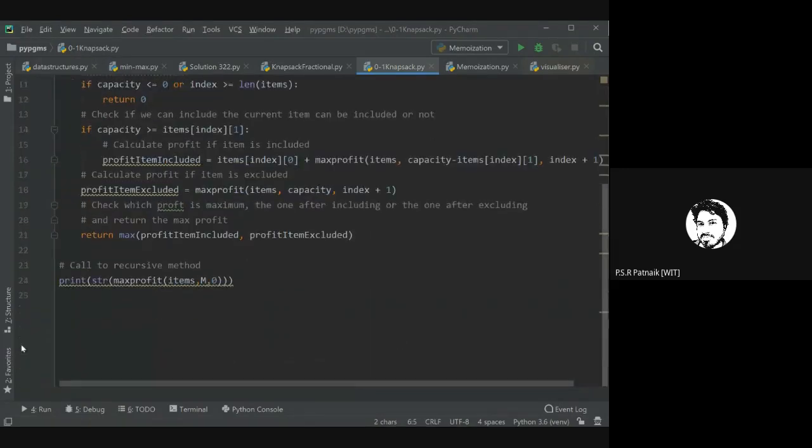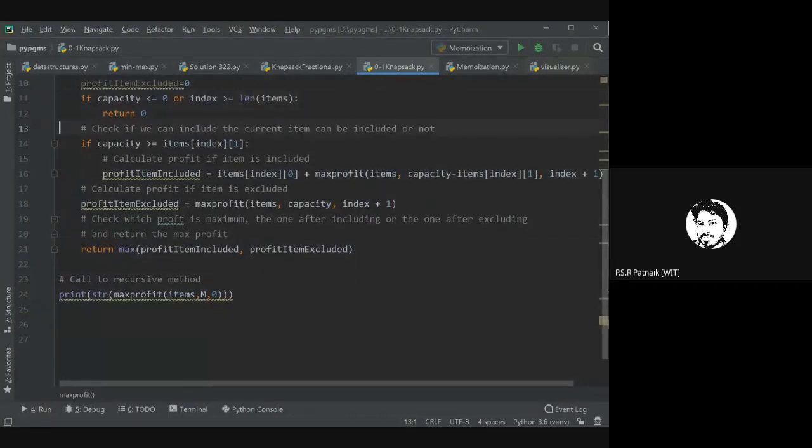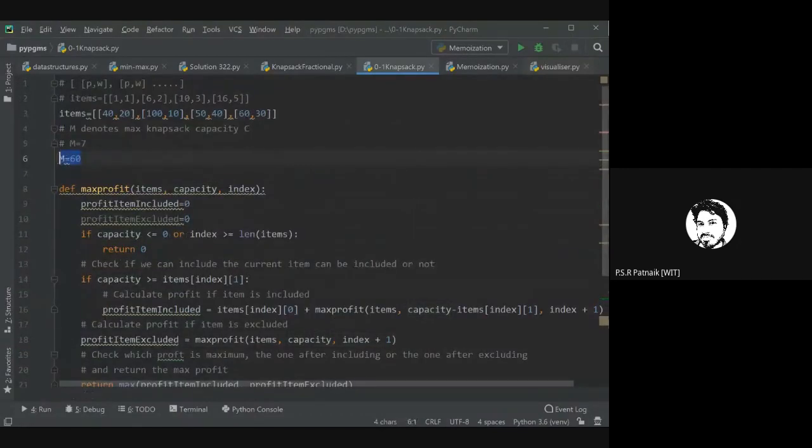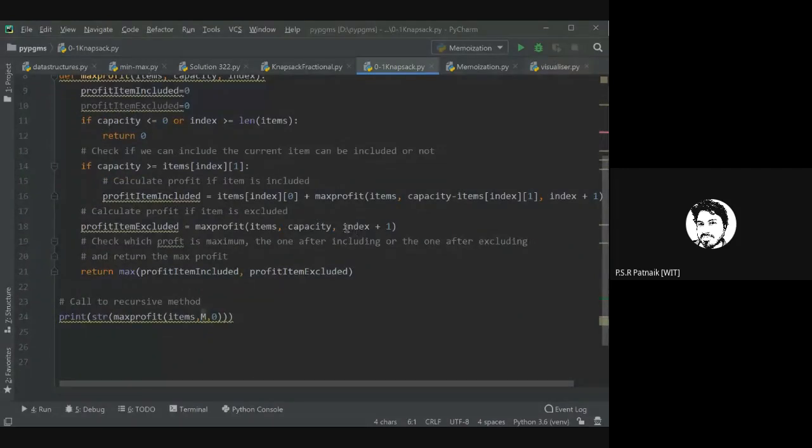I hope you got this point. Whenever I pass the capacity and index to these elements, the capacity can take any value from 0 to max, and index could be any value from 0 to n.